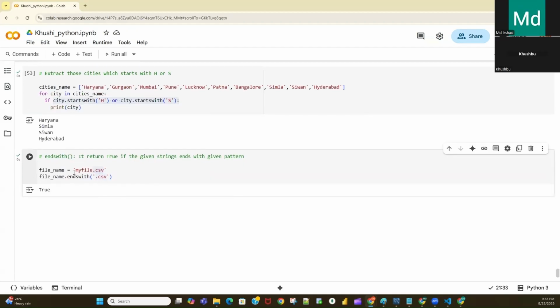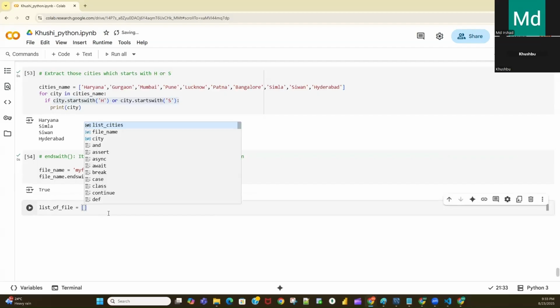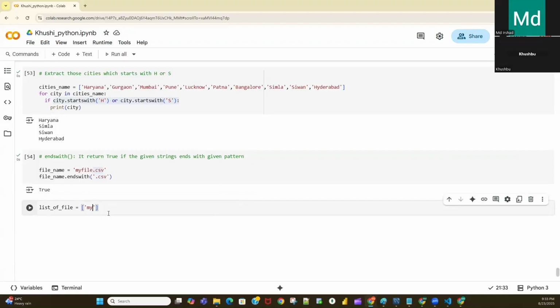Now, how can we use this type of function, where can we use it? For example, let's say you have a list of files: my file dot csv, then some sample dot json file, then grid data dot csv file.